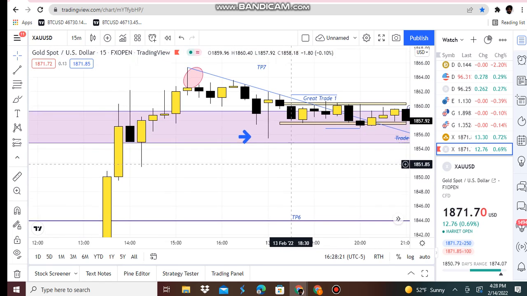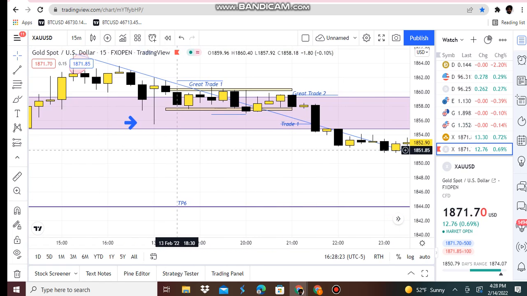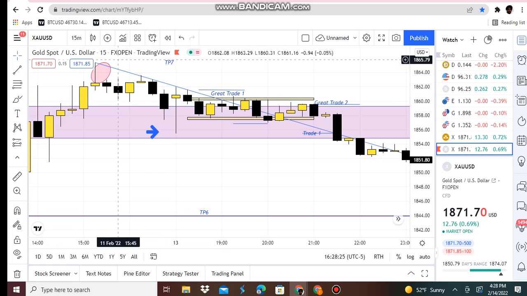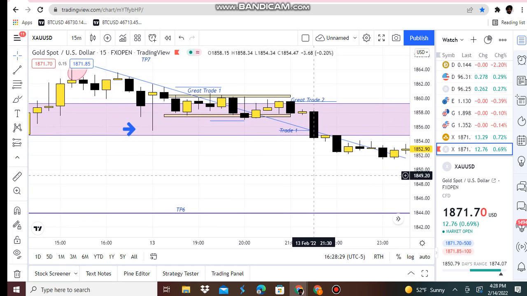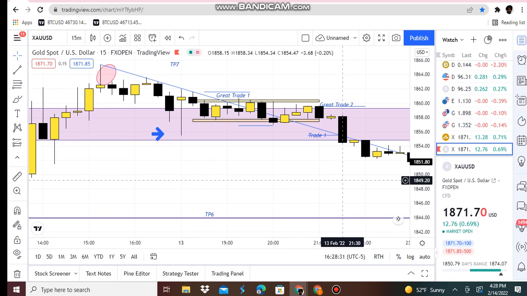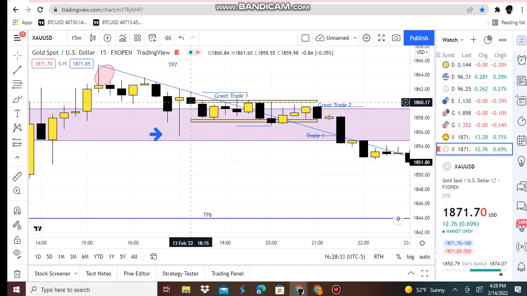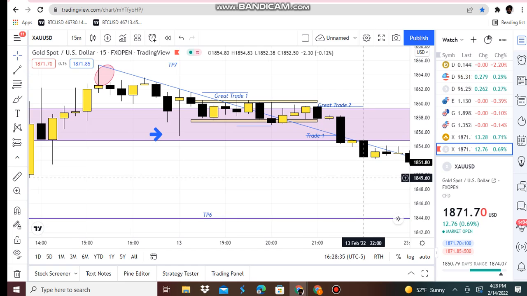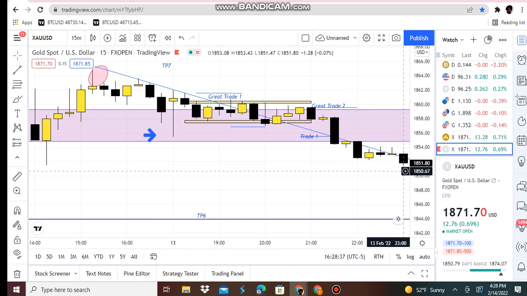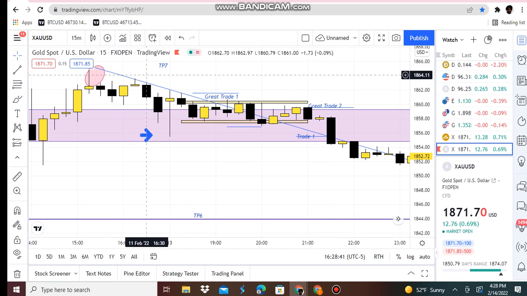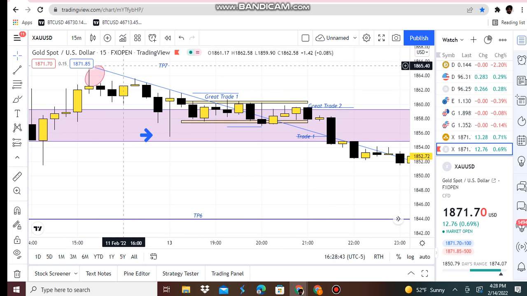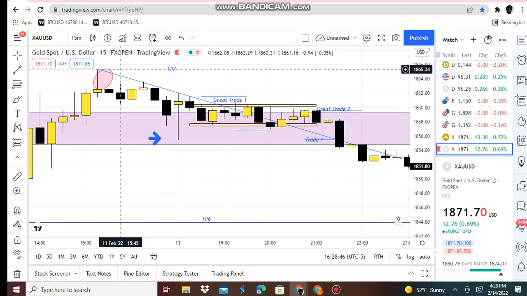As you can see, sellers push price all the way back down to 1851 from this high at 1865. So we were in a nice downtrend starting February 13th, all the way down to 1851, 1850, and price was making structures, and it started at the high. So start at the high. This is where you could have got in February the 11th, Friday, that last Friday,